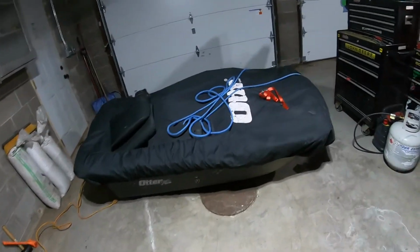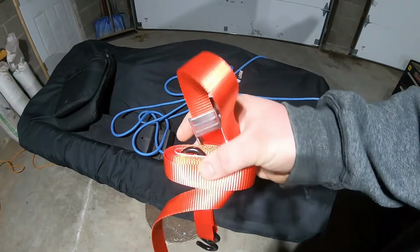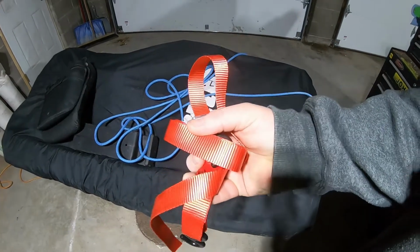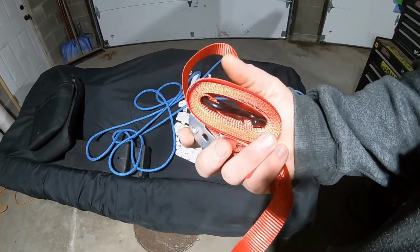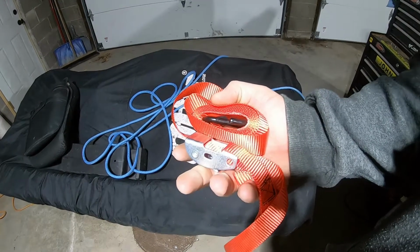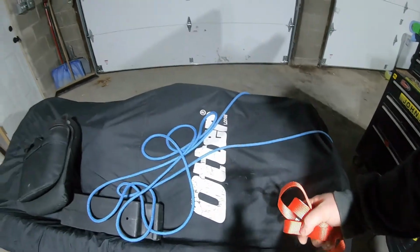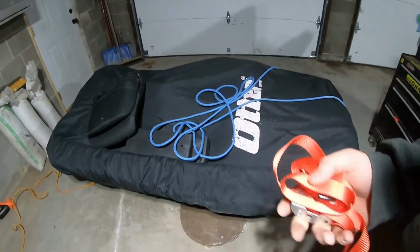And you connect them. Well, originally, I had these little plastic strap tie downs, and I just picked up some cam buckle straps, which I'm still looking at maybe changing out, doing something a little different. I might try to use a couple pieces of rope and some snaps, but